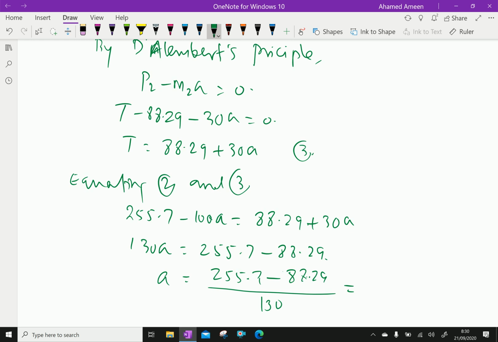That gives the acceleration, which is 1.285